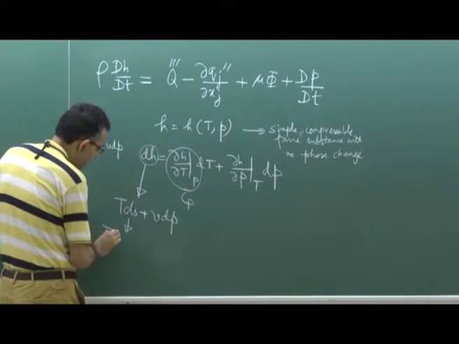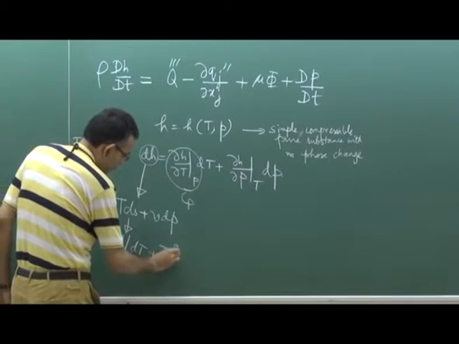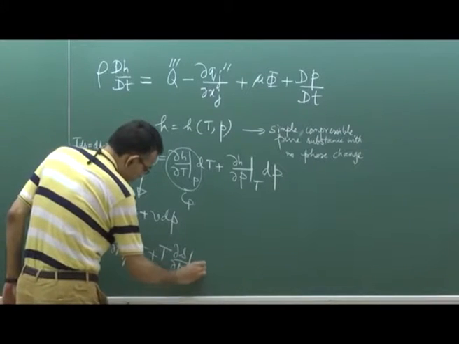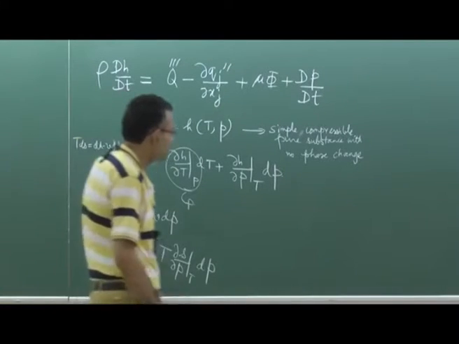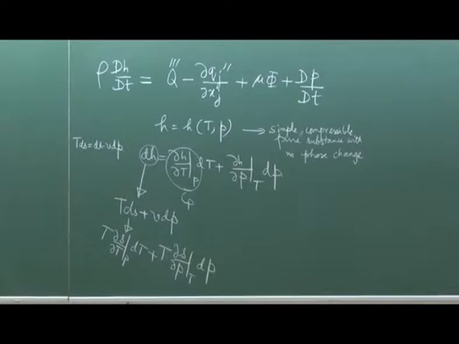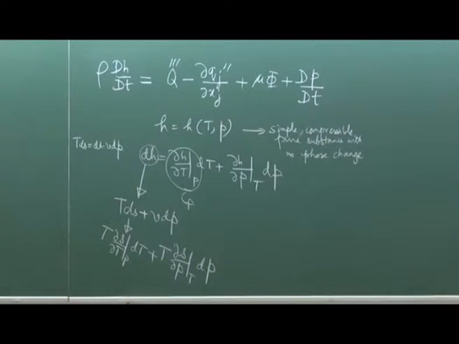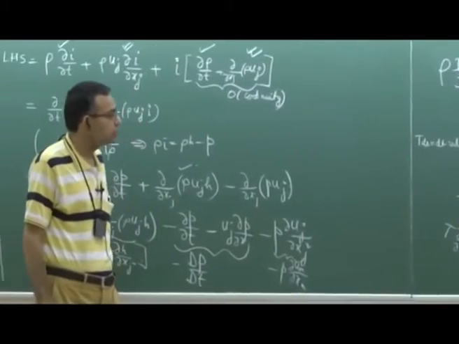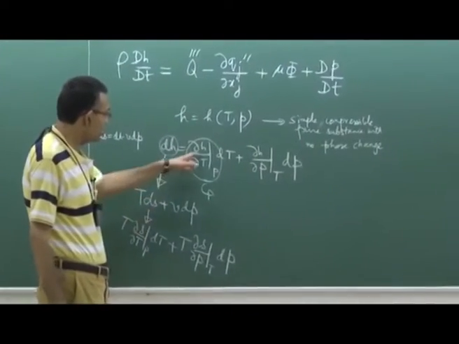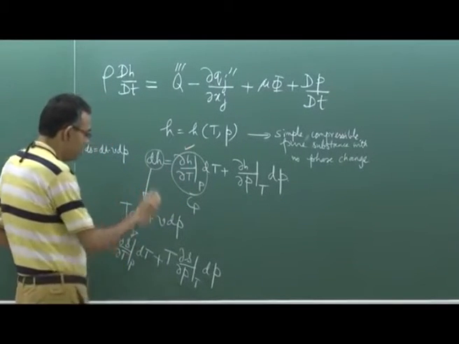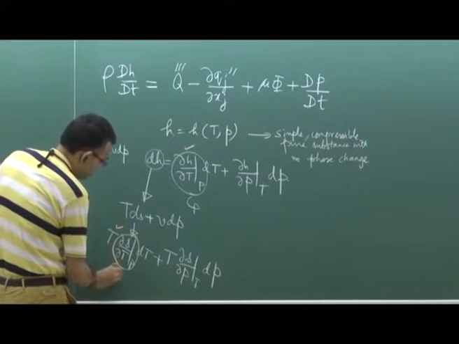So, you can write this as T. So, if you compare both sides, then this term and this term, they have the same coefficient. That means this will be what? Cp by T,